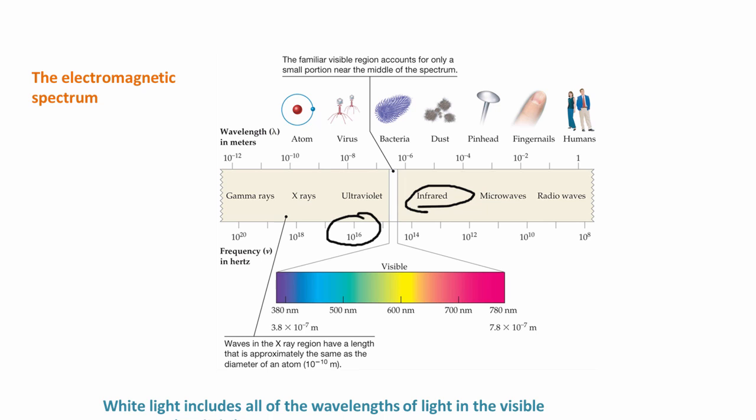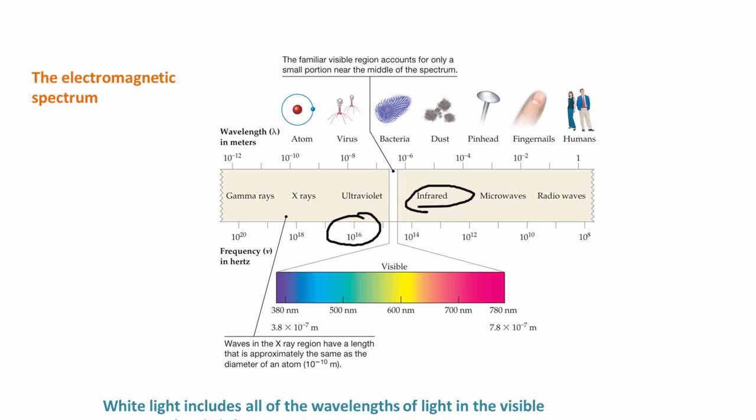We can see from here that visible light, which is just a small portion of the spectrum, extends from the violet end of the spectrum, about 400 nanometers, 380, to the red end of the spectrum, about 780 nanometers. Outside of this range, electromagnetic radiation is not going to be visible to the human eye. Infrared radiation has wavelengths greater than the wavelength of red light, and ultraviolet radiation has wavelengths less than the wavelength of